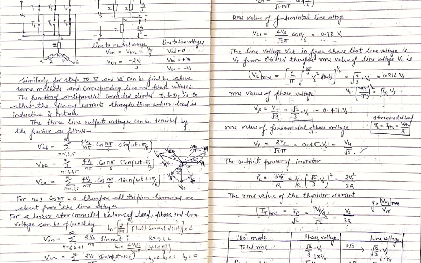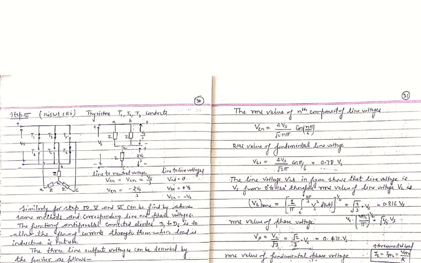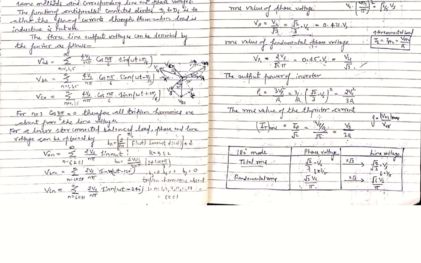And now the RMS value of thyristor current. What is the RMS value of thyristor current? In the diagram we can easily see that the current passing through this load is coming from the thyristor only, from the supply side. So if we want to calculate the thyristor RMS current, we can calculate it easily from the phase current. The phase current through this load is flowing through this thyristor only. In this way we will find the RMS value of thyristor current.